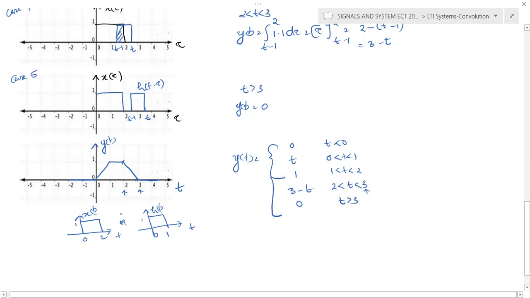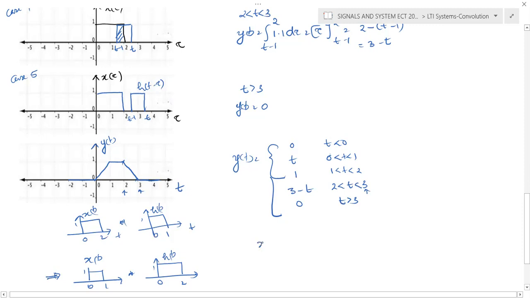And the same problem we discussed in the previous lecture. In that particular case, x of t is given by 0 to 1, and h of t is given by 0 to 2. If you observe the two questions, you can see that the result is the same. So please watch the previous lecture. In the previous lecture, we explained this particular case. In both cases, we'll get the same result.